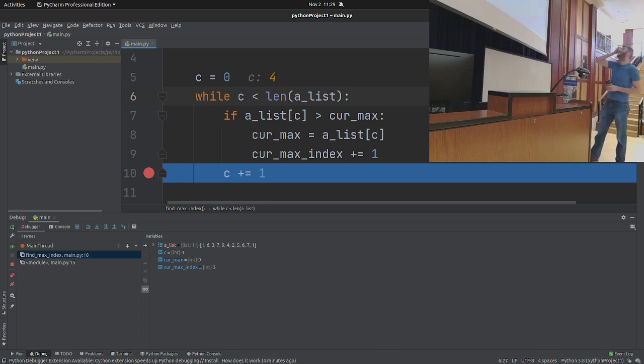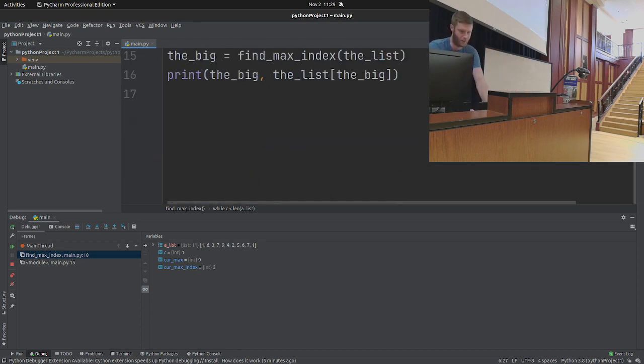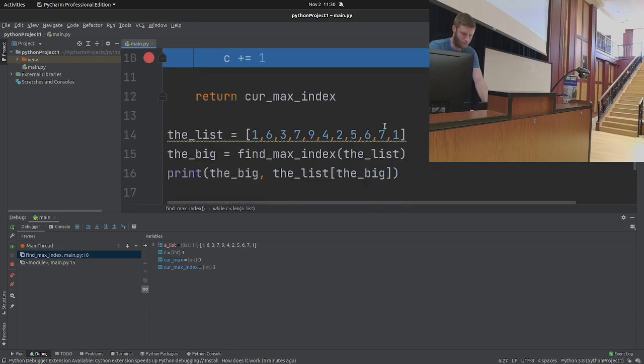So it looks like the problem I've got is cur max index. When I'm updating it, I should be updating it with the index of the current max value. But what am I doing instead? I'm just adding 1 to the index, which doesn't make any sense. Why would I add 1 to the index? In fact, let me show you with a more extreme example. 1, 1, 1, 1, 1, 1, 1,